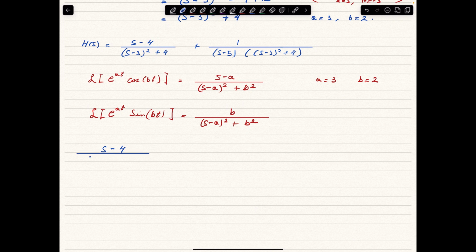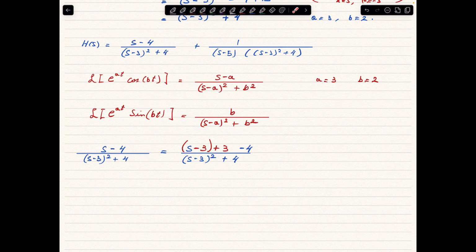Notice that this function here, s minus 3 squared plus 4, is actually s minus 3 minus 1 over s minus 3. Well, what we can do, let's do it in general. Minus 4 we have here, square plus 4. And what we can do here is we can put the constant we like, and then we add up. Subtract and add, so 0. But you see, now we can